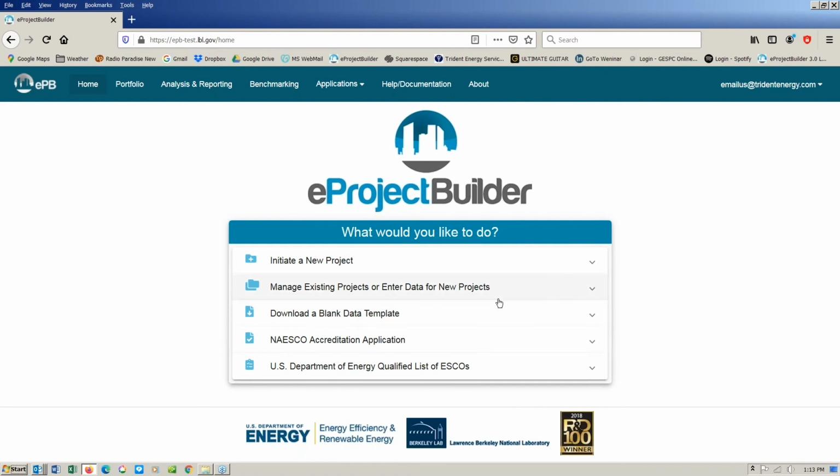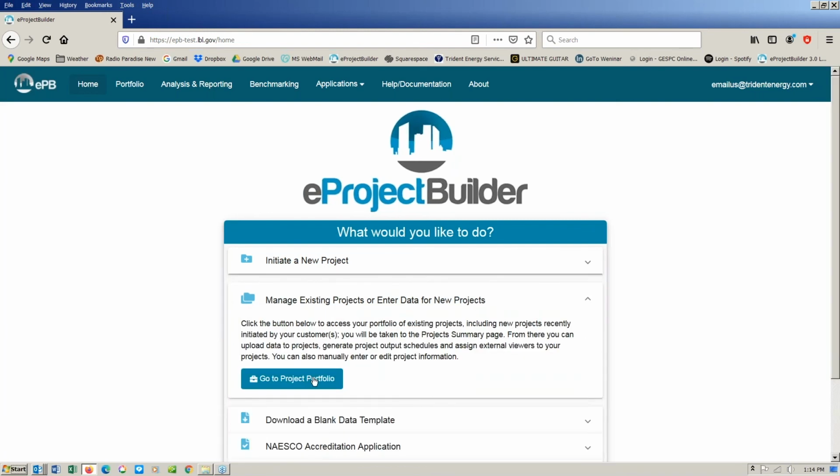So as you saw earlier, the project initiator has the top three options here. As an energy service company now, if I wanted to apply for an ESCO accreditation, I would click here. And if I wanted to apply to be on the qualified list, I would click here as well. And so moving forward here, Dale has initiated the new project. And I now, as the ESCO, want to manage or enter data into a new project. So that is what I am going to click here,